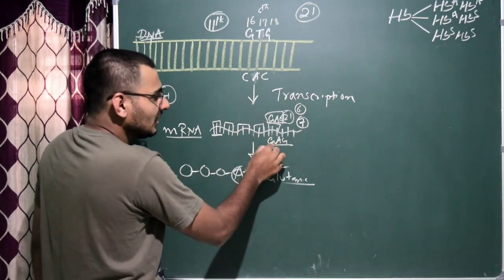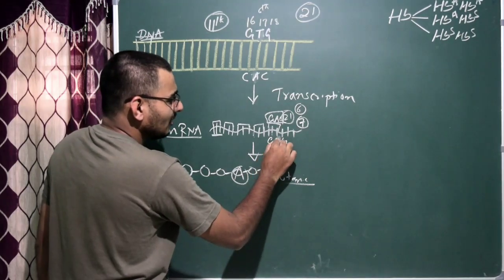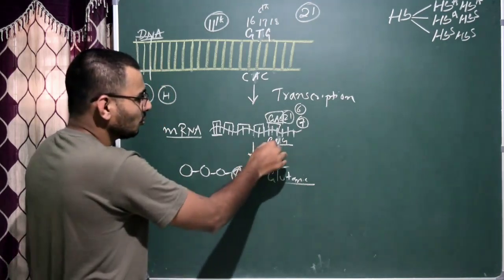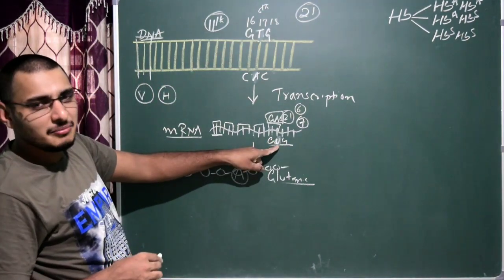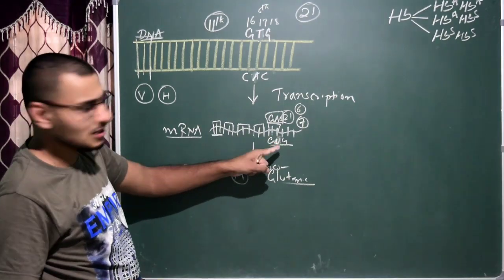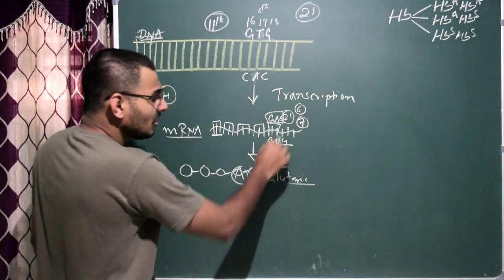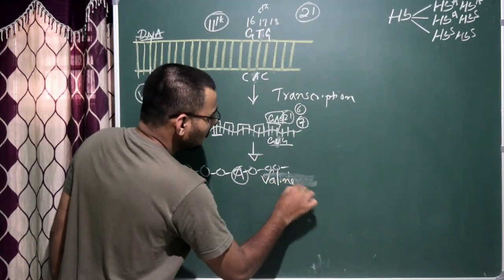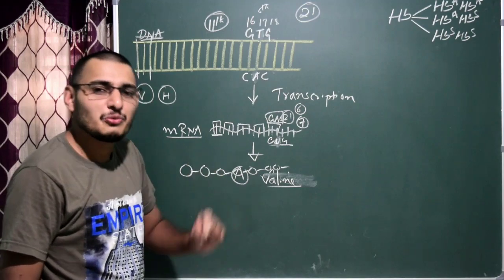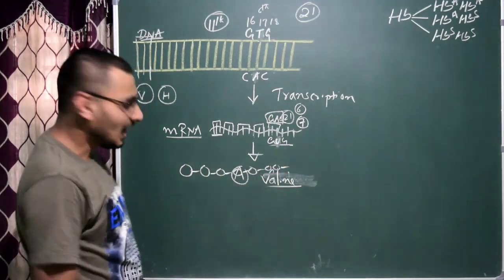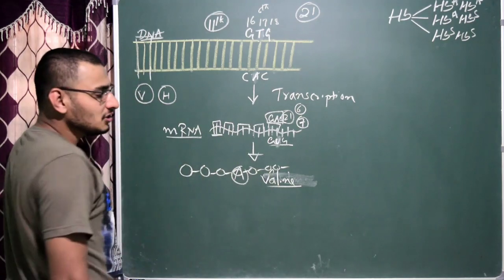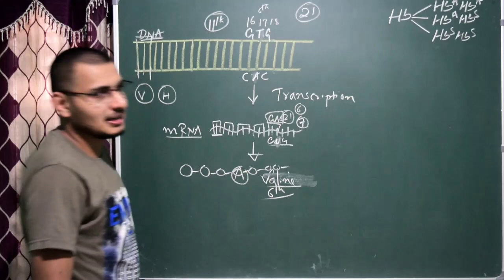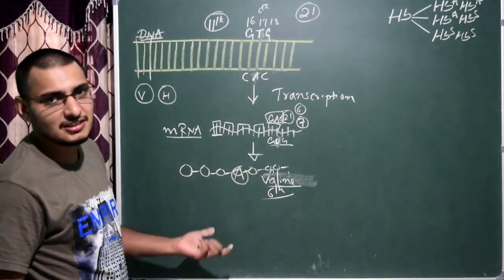Now here, instead of A in mRNA, that is the sixth codon, you see GUG. Because the T should have been A here, but this is mRNA, RNA particularly. Instead of that, uracil is there, so GUG will be there. But this GUG will produce valine. It will not produce glutamic acid, it will produce valine. That's it. So this is mutation. And as a result, what you see is a valine which actually replaces glutamic acid at the 6th position of the polypeptide chain, that is the beta globin chain. That's it. This is point mutation.